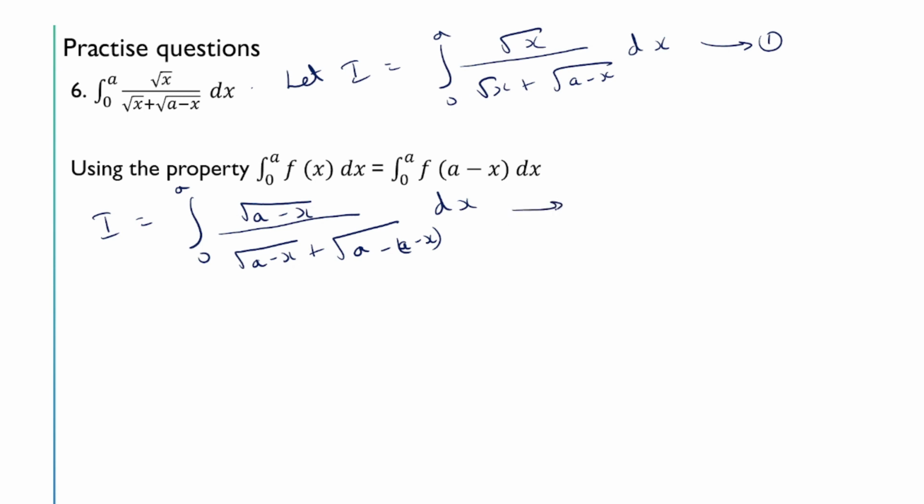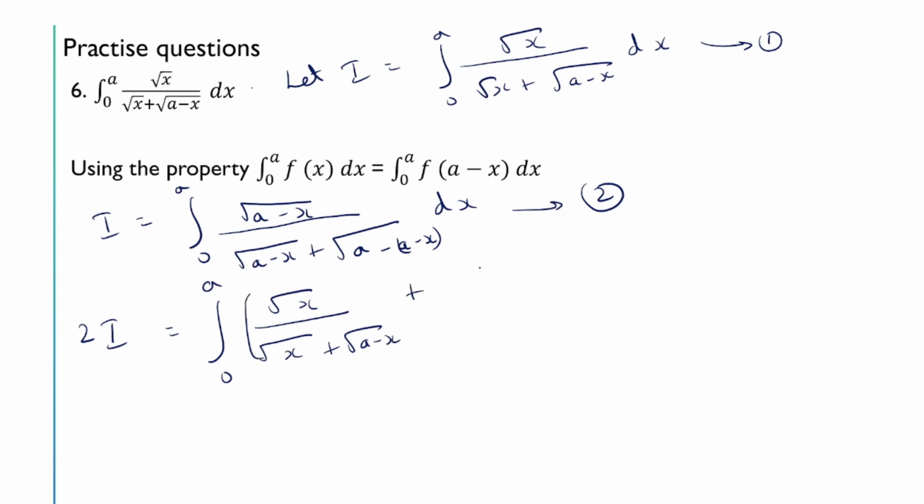So let us mark this as equation 2. Now when we add 1 and 2, the left hand side we have I plus I, which is 2I. So 2I will be equal to integral 0 to a root x upon root x plus root of a minus x